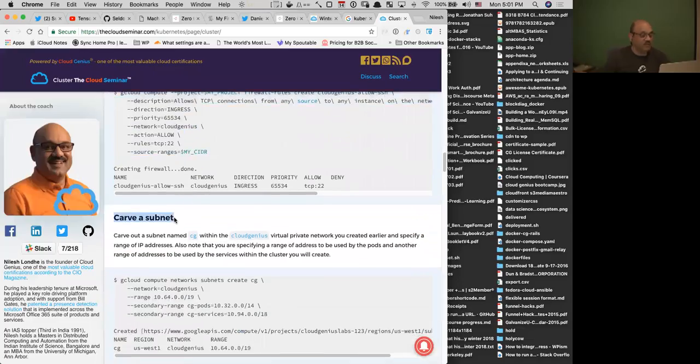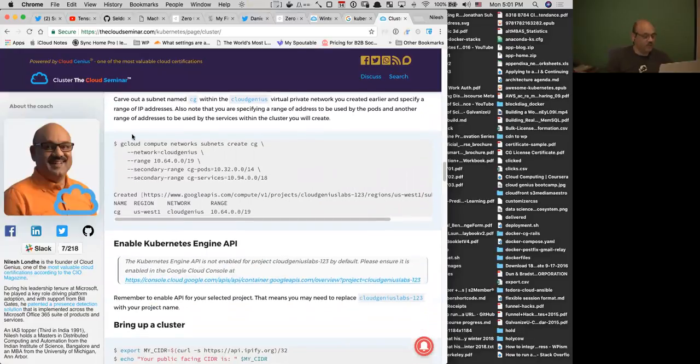I will carve a subnet. This subnet is where I would like to have my machines created. So I'm creating a specific named subnet for me. I have used auto subnets, but then I'm also creating another subnet just for me, so that I will know my IP address ranges very, very clearly. And so here I'm saying, create a subnet called CG, just short name, CG, in the network called CloudGenius, the bigger network, the VPC network, and use this range